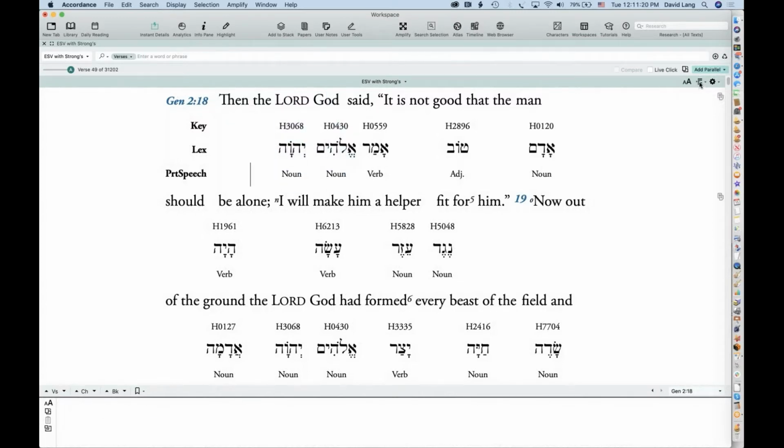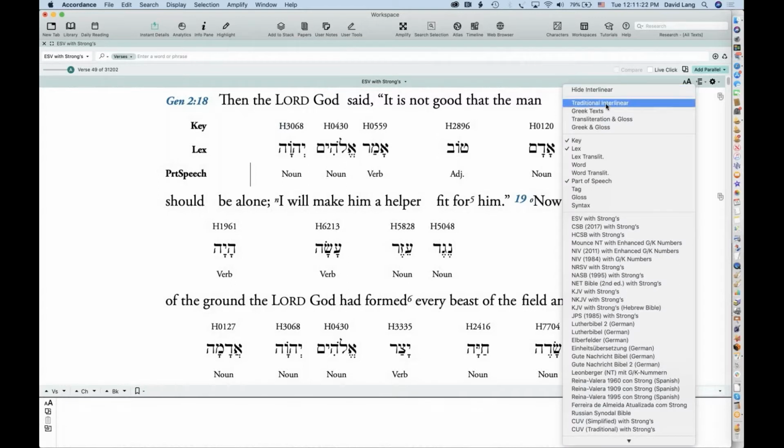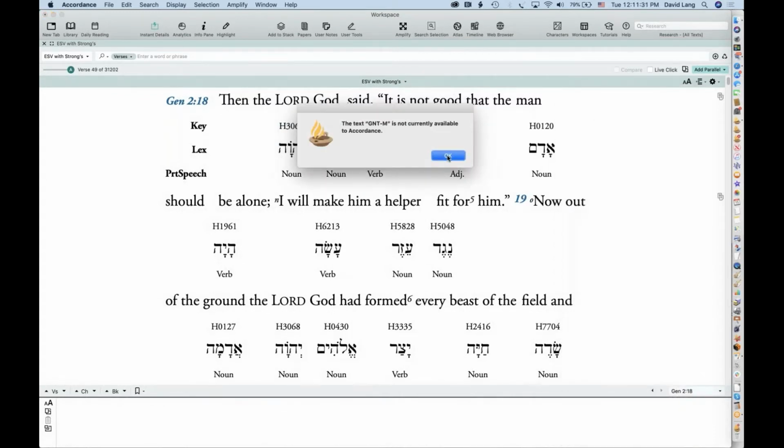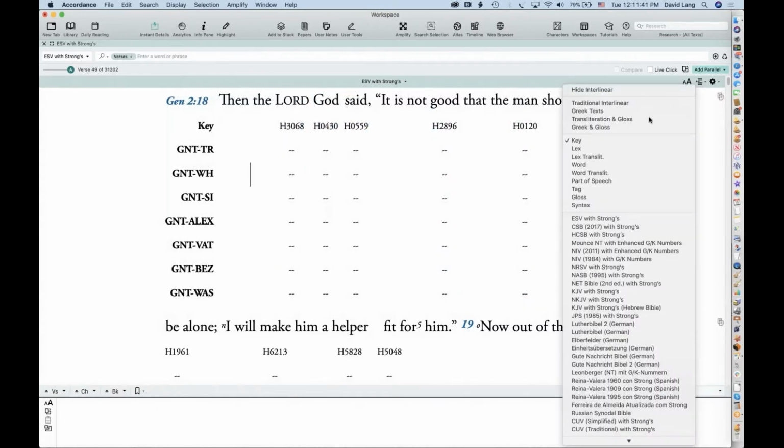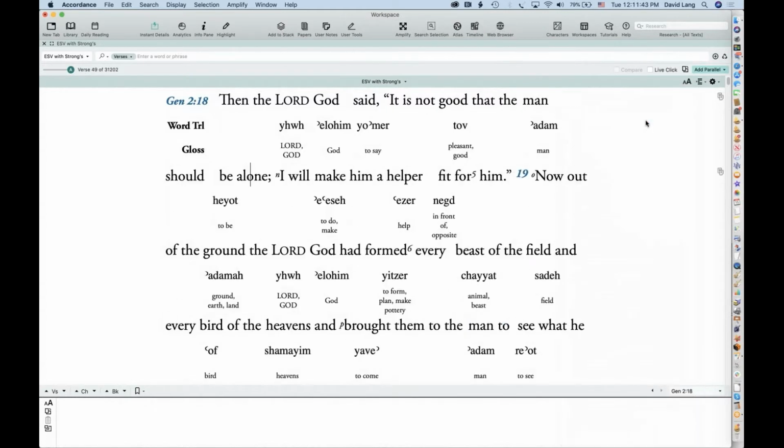And you've got a number of different interlinear presets. There's the traditional interlinear, and I've got one for Greek text. I don't know if this is typical or one that I made, but you can see there's no Greek equivalence to this because we're in Hebrew. And then I've got one for transliteration and gloss.